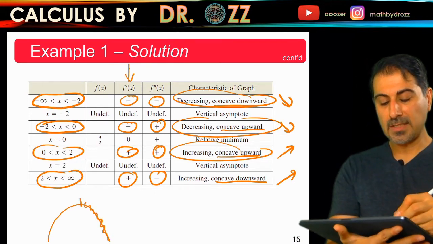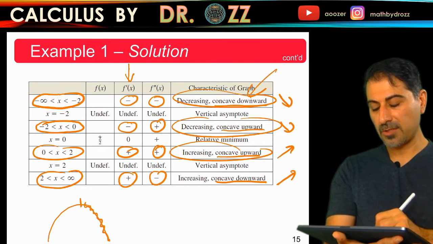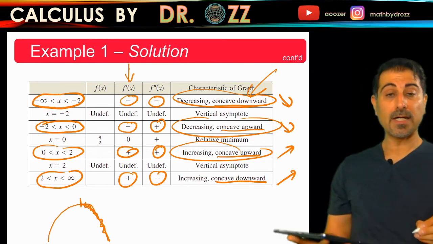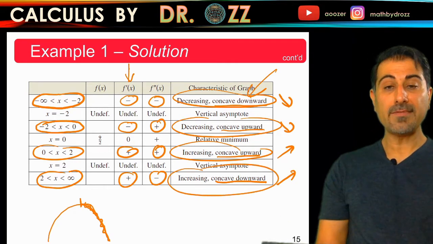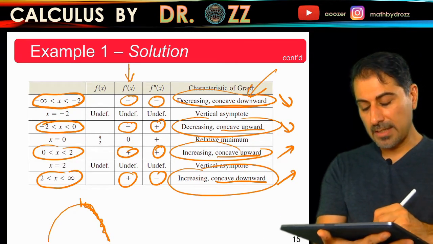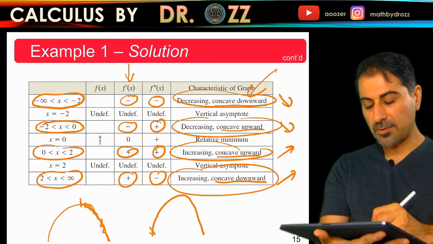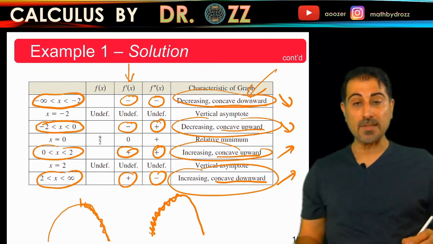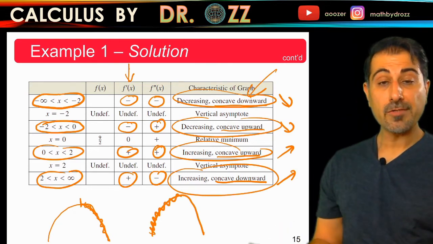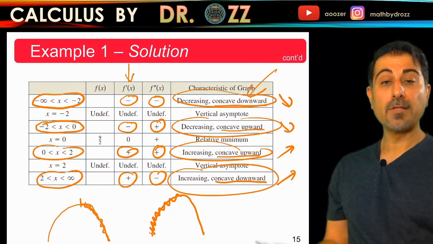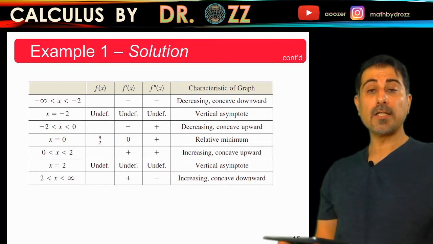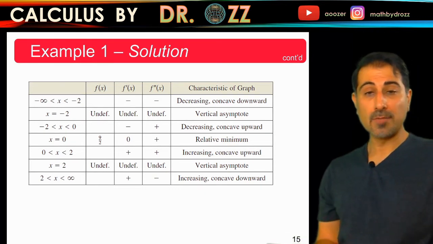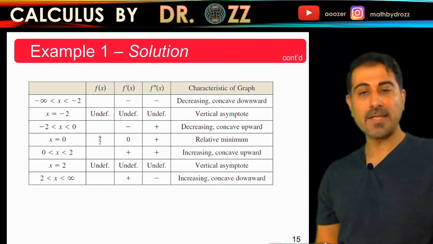So for this interval, the graph of the function looks like the right-hand side of the concave downward. Or if you have an increasing concave downward behavior, so concave downward and increasing means you're just considering this type of piece to see the behavior of the function for that sub-interval. Since there's only one critical number, which is x equals 0, you can apply the second derivative test to check